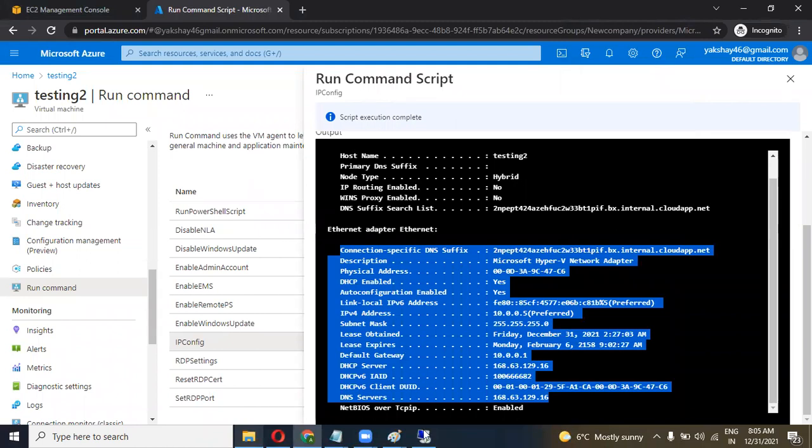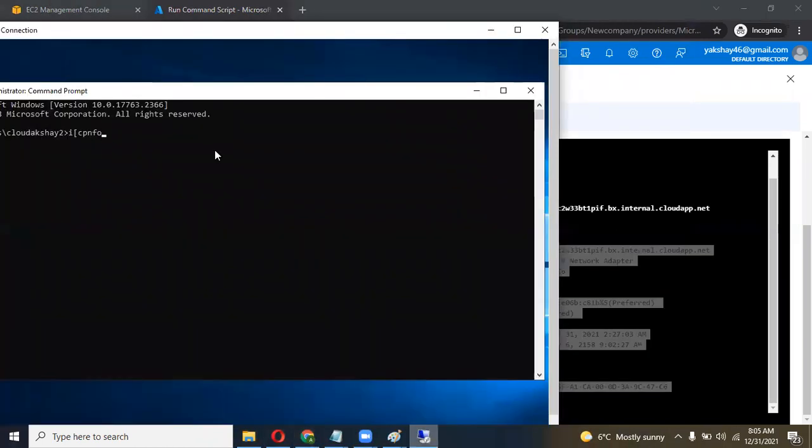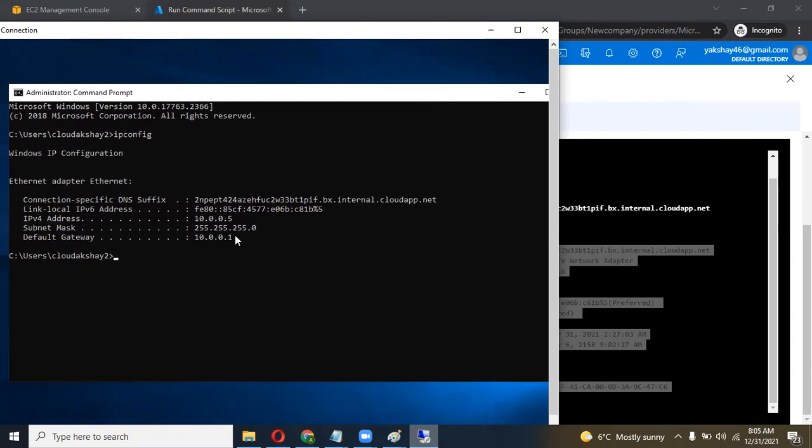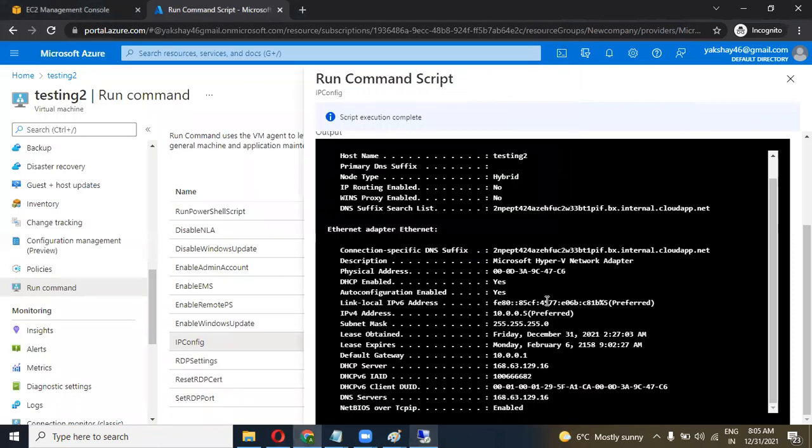So you can run ipconfig here, and you will see the same result. My IPv4 address is 10.0.5, and the default gateway is this and the subnet mask is 255.255.255.0. So you will get your details over here.